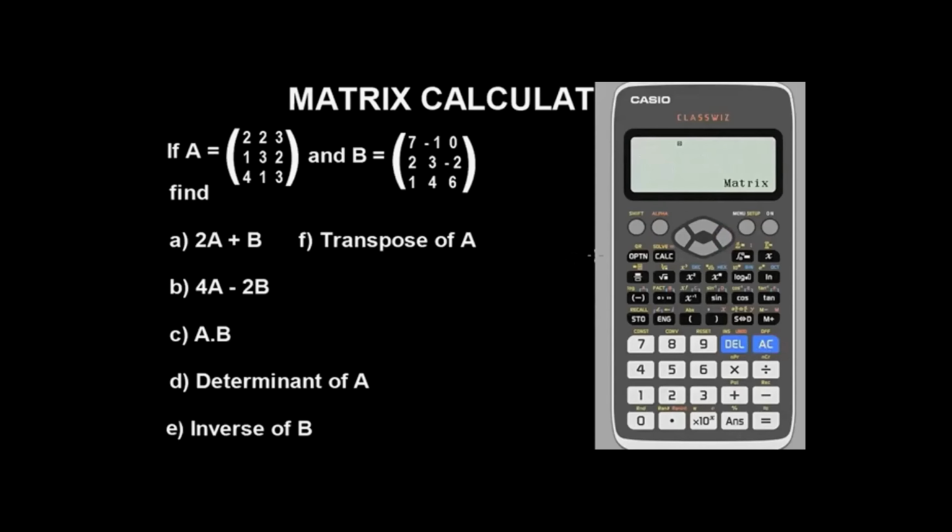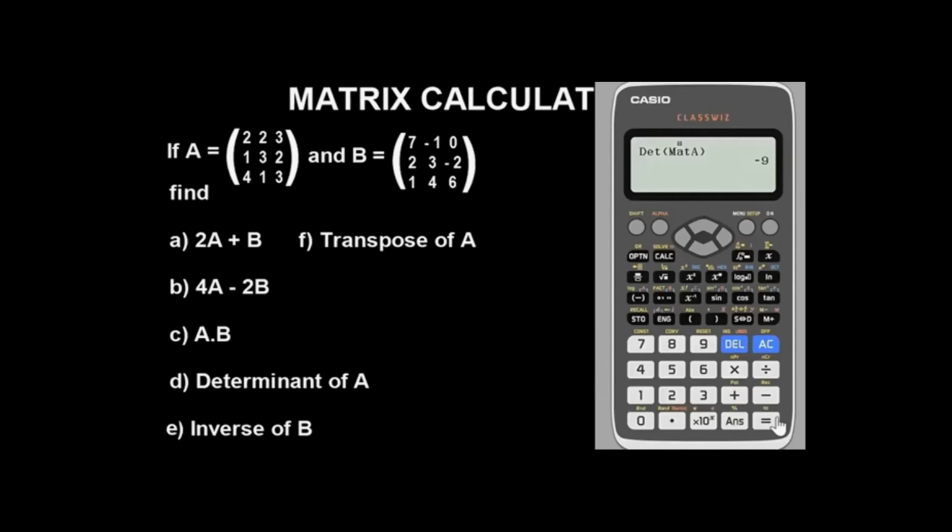To do that, you press option, go down with this downward button. So you see 2 here, determinant, press 2. Determinant of what? Of matrix A. So you press option, press 3, close the brackets, that's all, press equal to. Determinant is -9. Okay, guys, so the E part of it says you find the inverse of B, that matrix